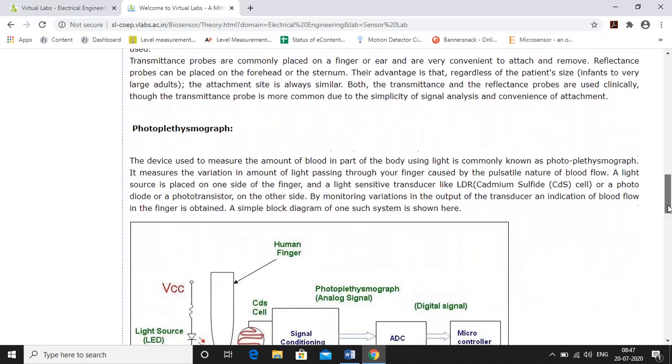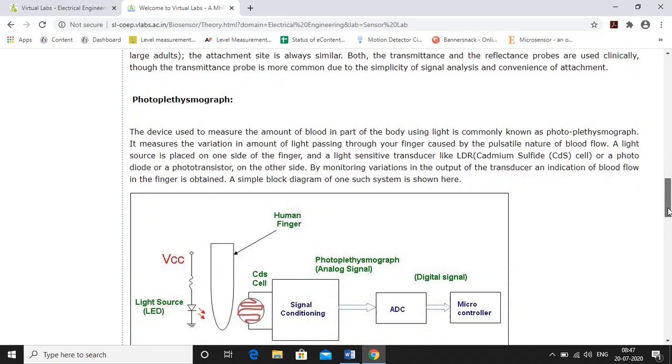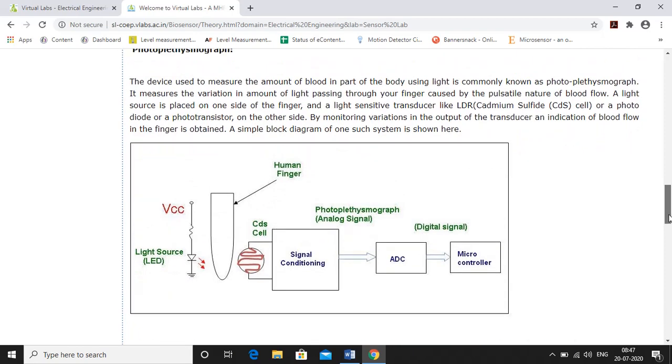Then another kind of method, the photoplethysmograph. Okay, so here you can see this device used to measure the amount of blood in a part of the body using light, commonly known as a photoplethysmograph.